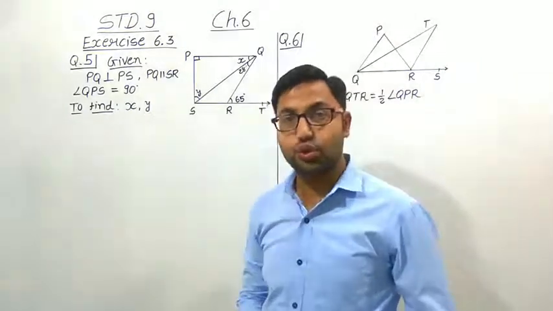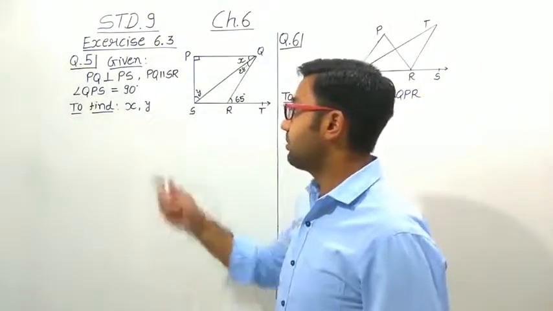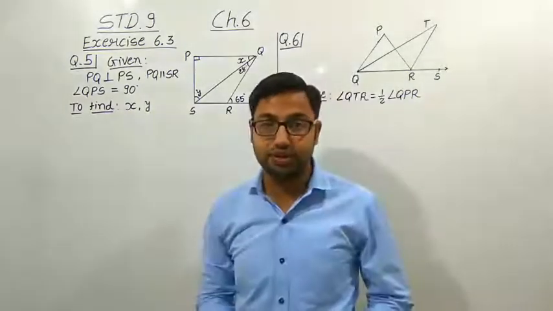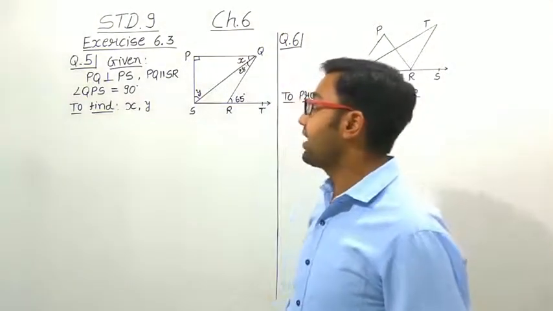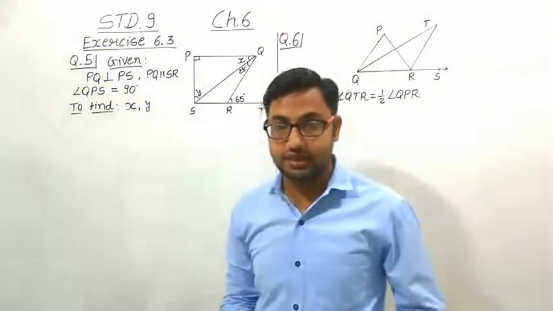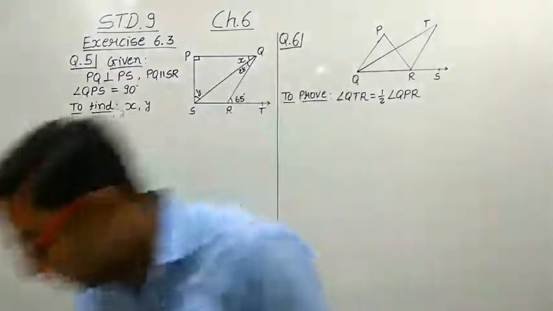Hello students, today we will study question number 5 of exercise 6.3. This is the topic of standard 9, chapter number 6, Lines and Angles. So what is the question? Question is,